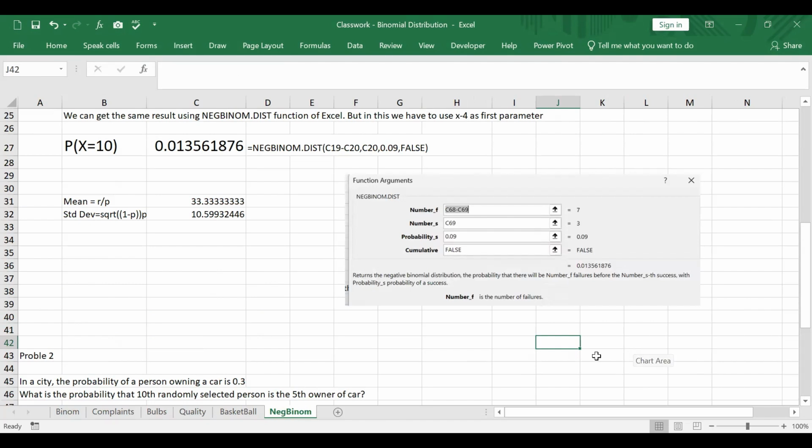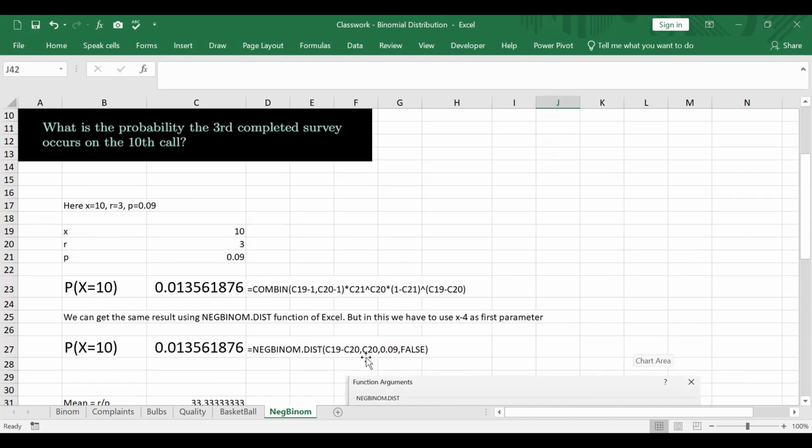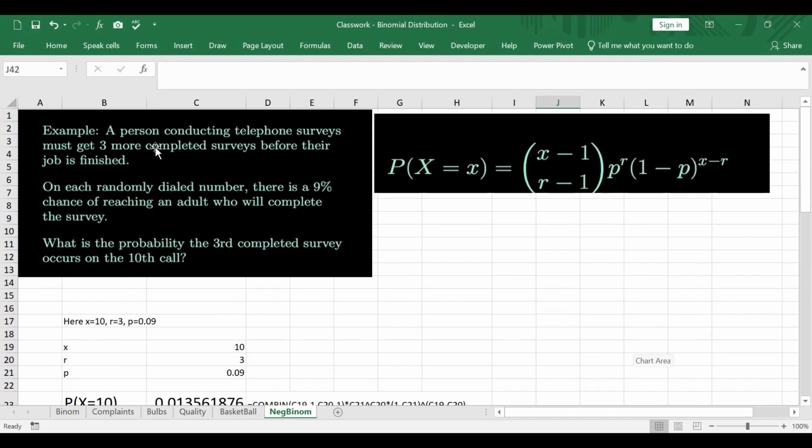Now there is something called negative binomial. They are reversing the order. Let's solve it and then understand what it is. A person conducting a telephone survey must get 3 more completed surveys before their job is finished. On each randomly dialed number, there is a 9% chance of reaching an adult who will complete the survey. What is the probability that the third completed survey occurs